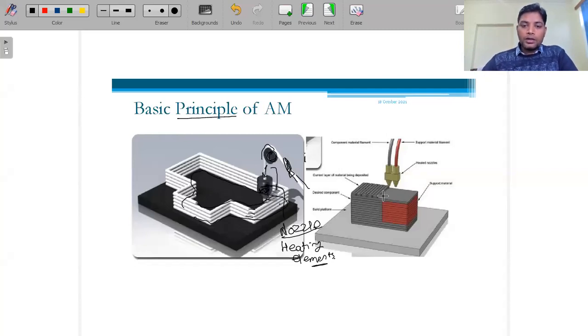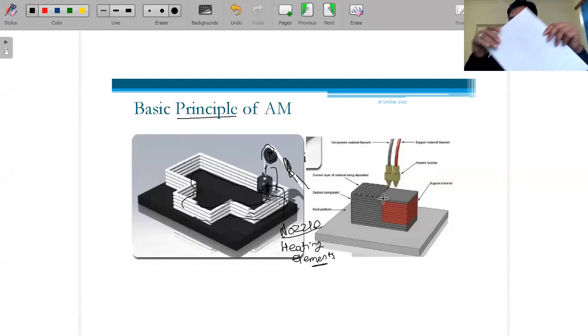Now, one more thing: what is the meaning of 3D printing actually? If we talk about a single paper, for example, an A4 size sheet, this is two-dimensional. If I keep it like this, this is the X direction and this is the Y direction.